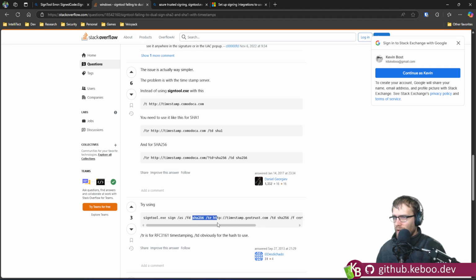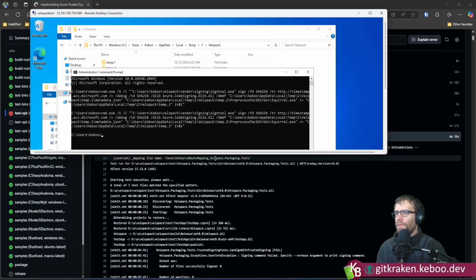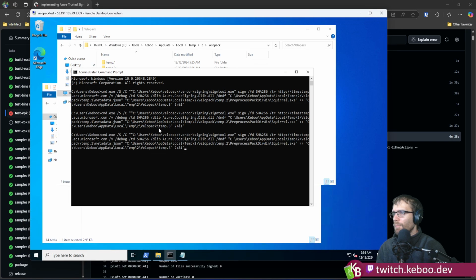TD obviously is the hash to use. Yeah, I'm kind of wondering. So let's just take this command. Let's switch it to SHA-1 and see if that ends up being the solution. I'm gonna be real annoyed. Be real bloody annoyed. I may also want to run Signtool